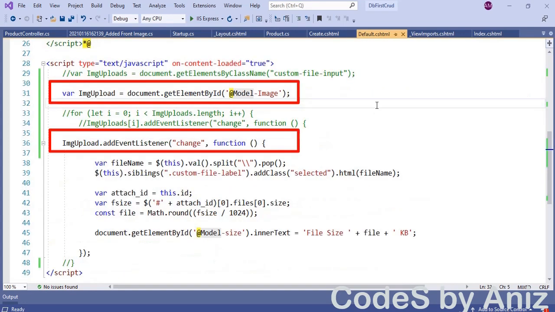And then we also need to alter the JavaScript. Initially we were searching by class name to attach the onChange event to the file input, which is a very bad idea. Now we know the ID of our file input, so this time we will get the element by ID and attach the event listener only to that particular element as shown, otherwise the script is the same.